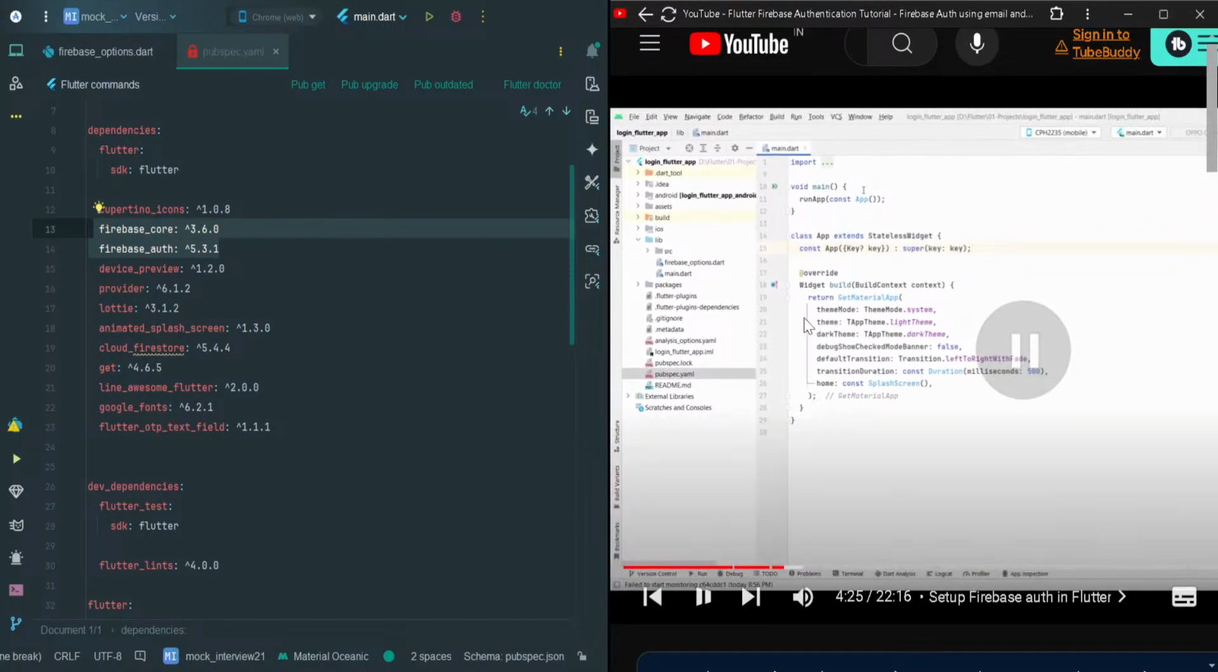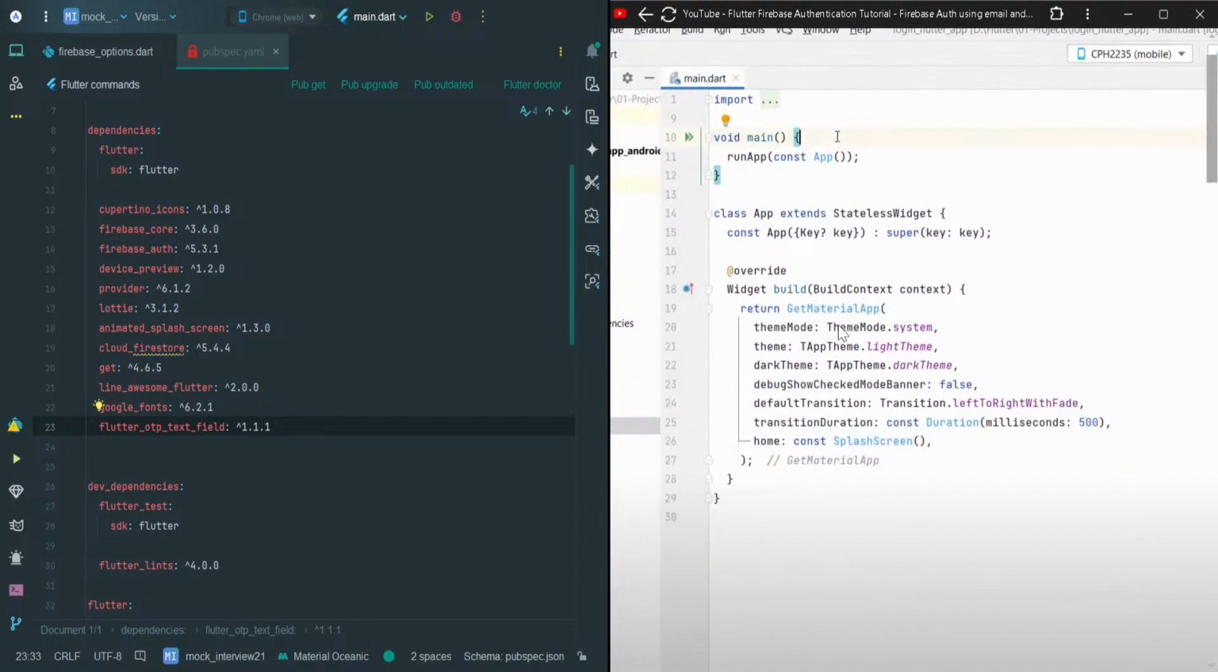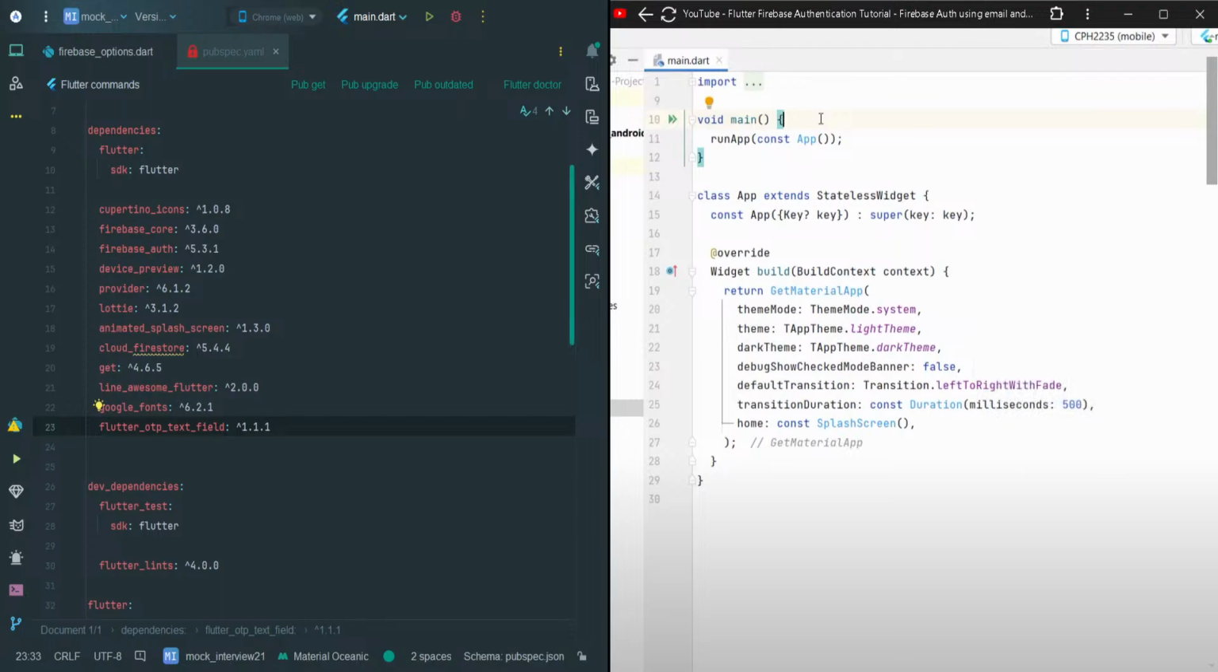Okay, after that, I had created this earlier, so I already have both in mine. Look, Firebase Core and Firebase Auth. Cupertino icons, device preview, provider, lottie, animation, splash screen, cloud firestore, get, liners, some Google fonts, and Flutter OTP text field. In our main application, we first have to tell the main application that before running